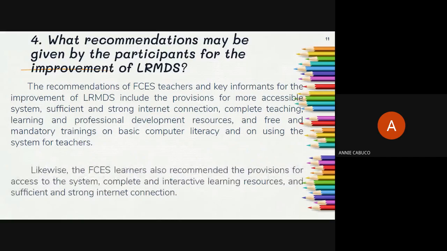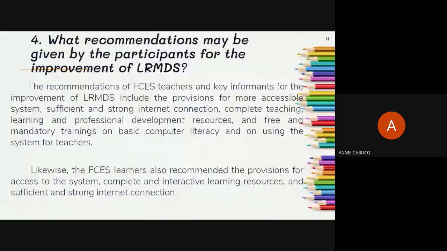Likewise, the FCES learners also recommended the provision for access to the system, complete and interactive learning resources, and sufficient and strong internet connection.